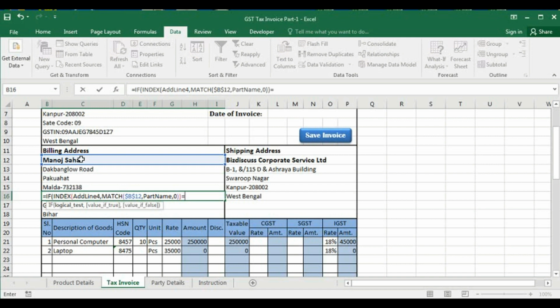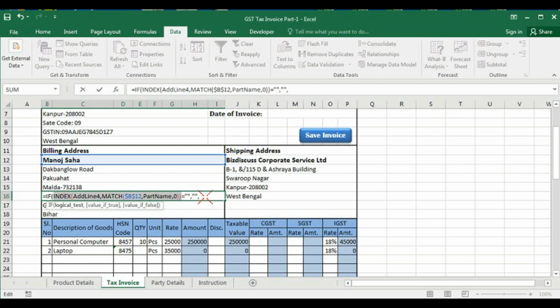If this value is equal to blank, then we will put here a blank value. Otherwise, we will fetch the value of address line 4 and the pin number. So this is the formula for fetching address line 4.